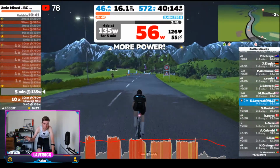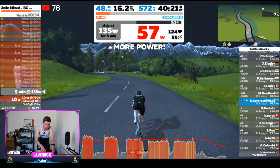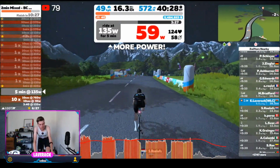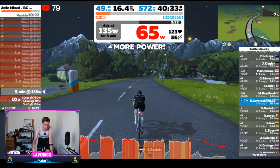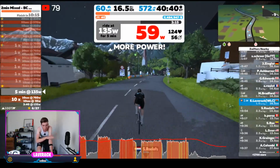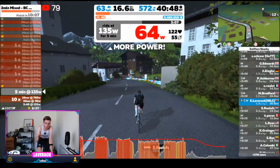But focus away from the numbers. You have to focus away from the numbers in interval sessions like this. It's not about the numbers, because yes, my power might be dropping, but it's the same reason as when you do a VO2 max test. You're taken to the limit and then it's about how long you can hold there. If you start dropping off, that's the point of the test. Whereas with this, the point is I'm going to the limit, and physically, legs-wise, I'm like,